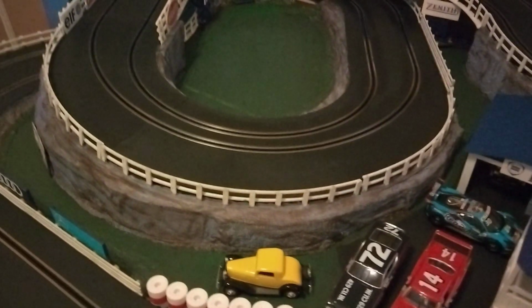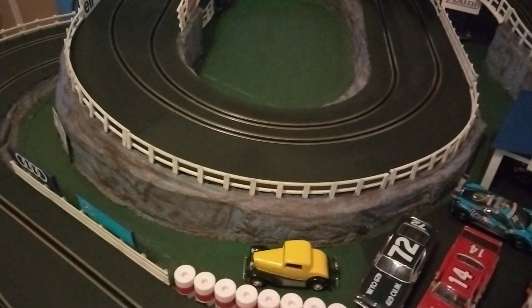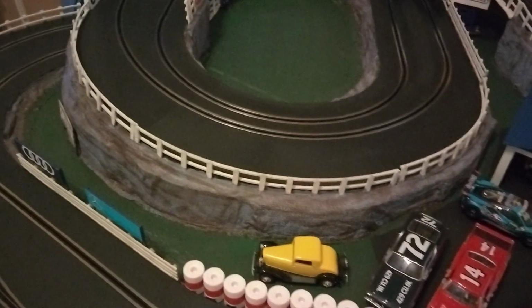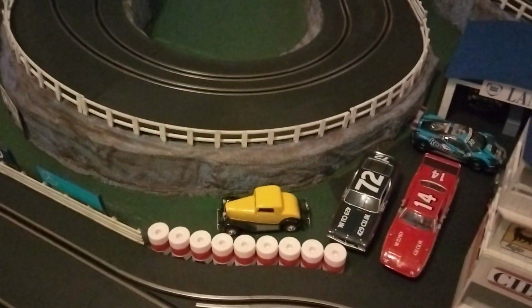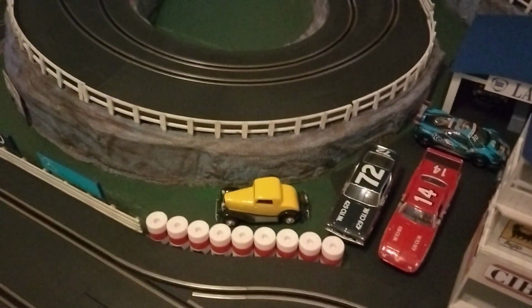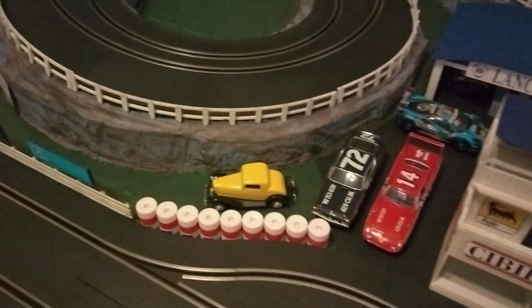Do y'all remember me in my past video where I showed you my marshalling stands and a white kit that I bought off of eBay? And it was a slotted Chaparral 2E. Well,